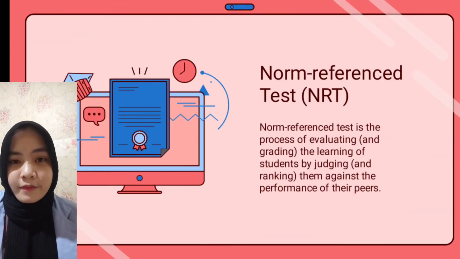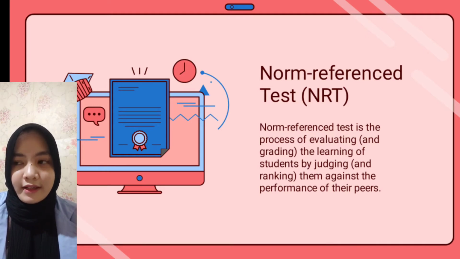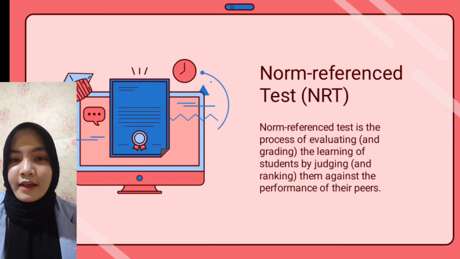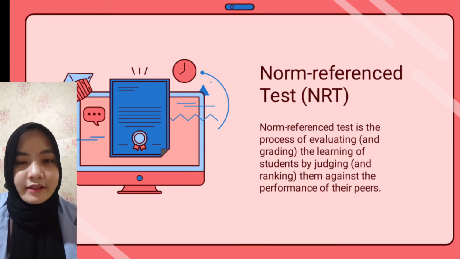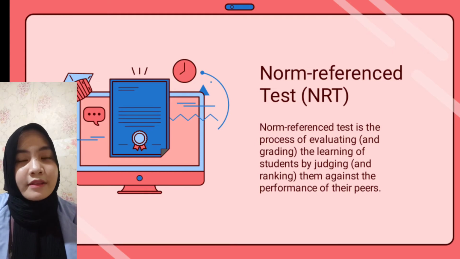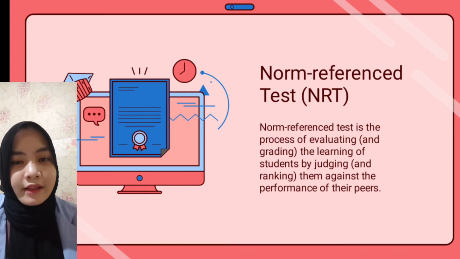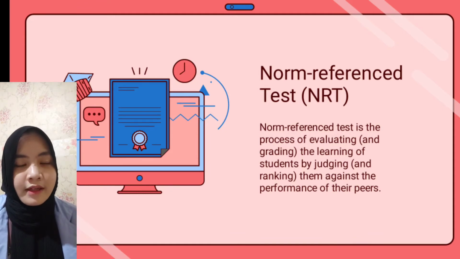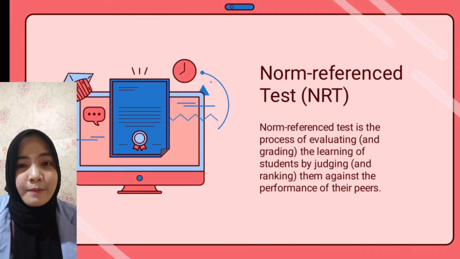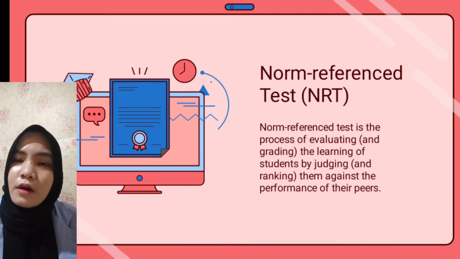Second is about norm reference tasks or NRT and criterion reference tasks or CRT. Norm reference task is the process of evaluating and grading the learning of students by judging and ranking them against the performance of their peers. Criterion reference task is the process of evaluating and grading the learning of students against a set of